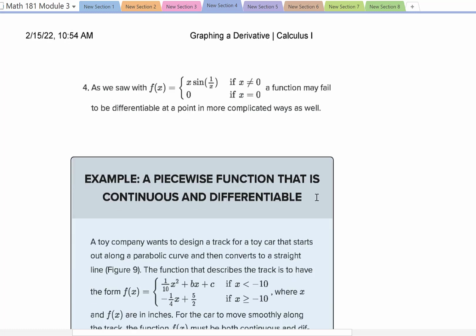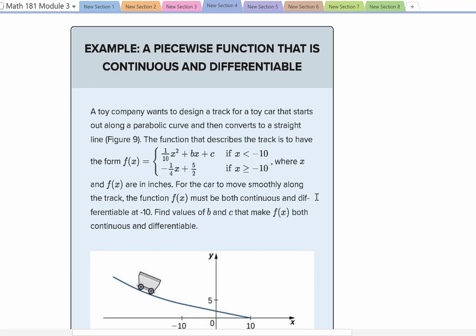Because of that function. Okay, so now we have